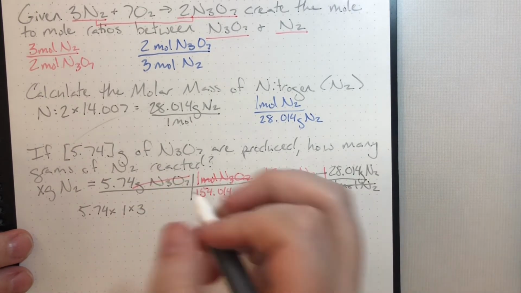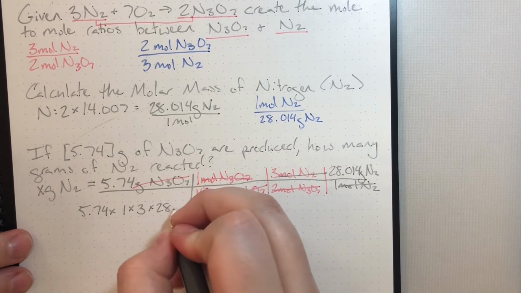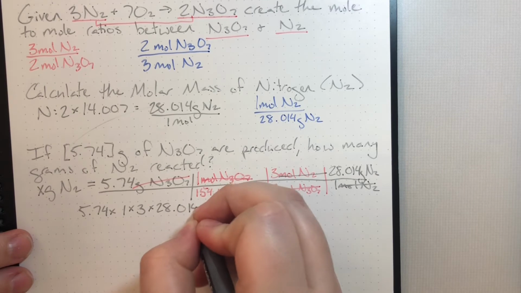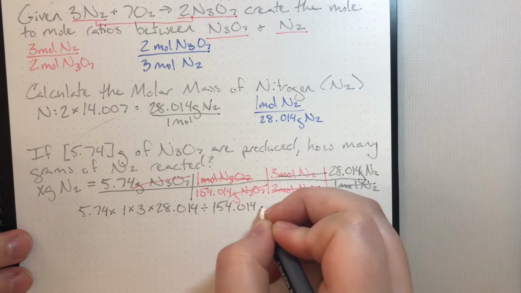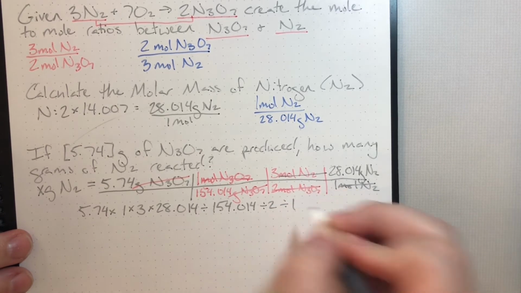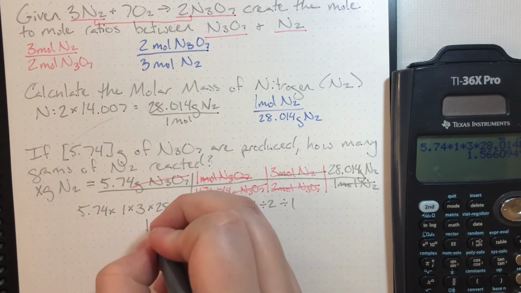So that means I will have 5.74 times 1 times 3 times 28.014, and I will be dividing by 154.014, 2, and 1. This will give me the number